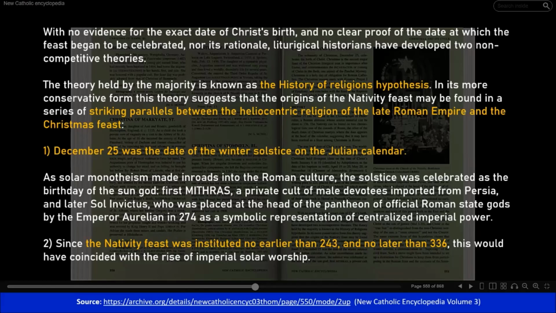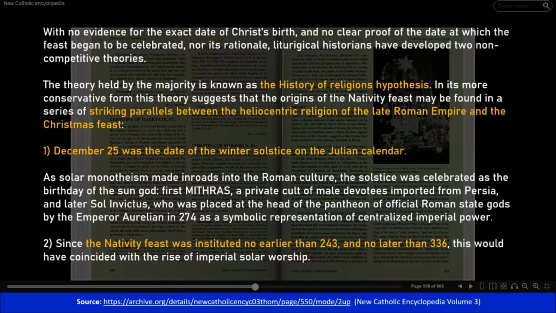It says, 1, December the 25th was the date of the winter solstice on the Julian calendar. Okay, so that piece that I just showed you on Pliny the Elder, 100% true. The Catholics confirmed the 25th was the solstice on the old calendar. The 21st is the solstice on our new calendar. As solar monotheism made inroads into Roman culture, the solstice was celebrated as the birthday of the sun god. First, Mithras, a private cult of male devotees imported from Persia, and later, Sol Invictus, who was placed at the head of the pantheon of the official Roman state gods by Emperor Aurelian in 274 as a symbolic representation of